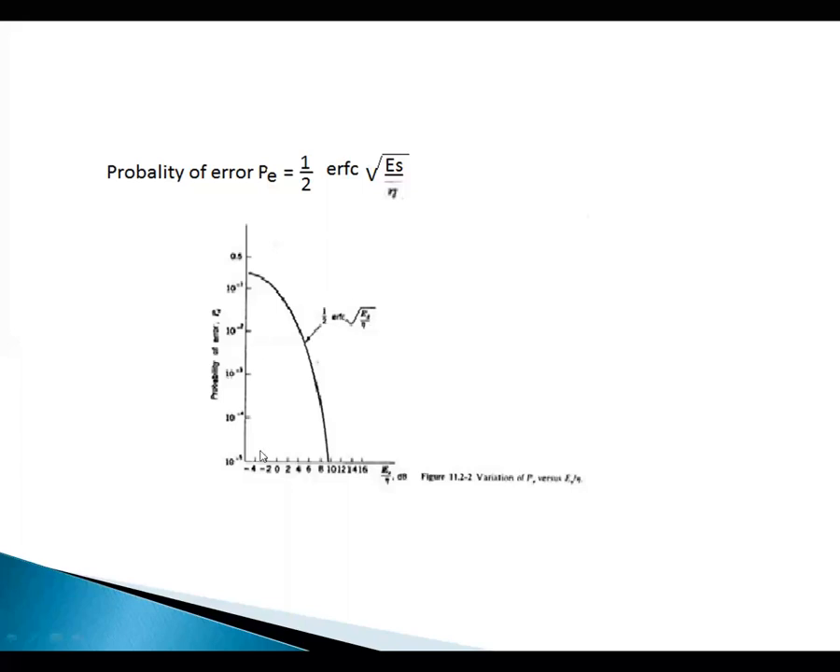So what Shannon says is that minus 1.6 dB is the limit. On the x-axis, here it is minus 4, minus 2, 0, 2, 4, no. So minus 1.6 dB is the limit on the x-axis. So based on that limit, you can